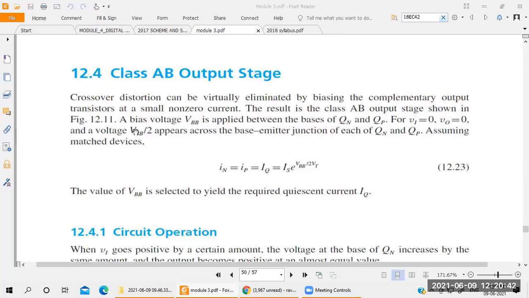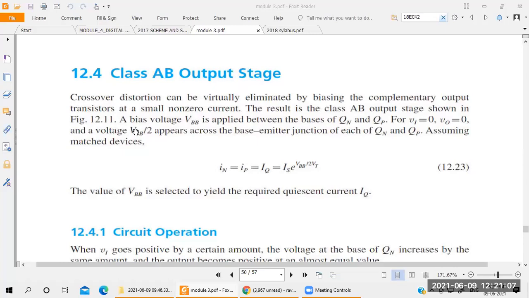So when I come to the DC supply for the NPN and PNP transistor here, you have to take 2 conditions. When Vi is 0, output is 0. But you have to take the average of the DC supply for the base emitter of the NPN transistor and PNP transistor. Understood? So for that, you can write the current equation for the NPN transistor and PNP transistor.